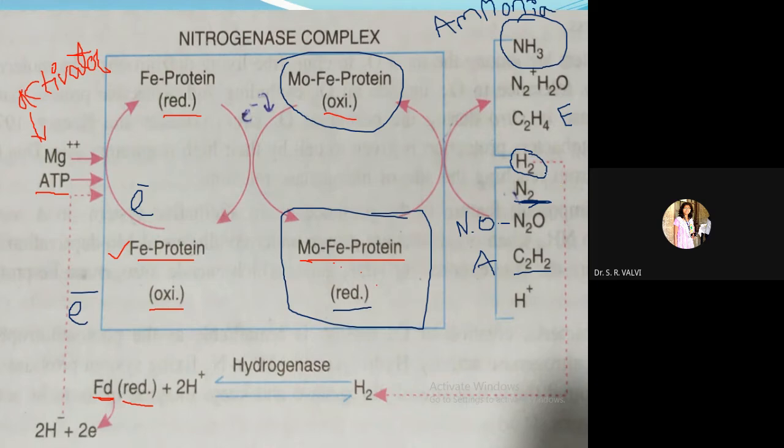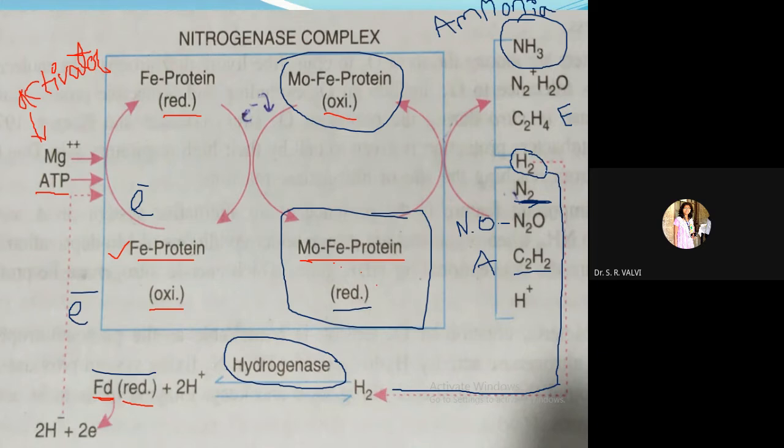Okay, so all these dots, I will again give you a full line of it so that you will get it. So H2 is again taken up by whom? By hydrogenase. This is the enzyme which takes up this H2, which is formed during the fixation of nitrogen. So H2 is taken up by the hydrogenase, and then H2 is converted into two hydrogen atoms, and with the help of this H2, the ferredoxin, which is in oxidized form, is getting into its reduced form, right?